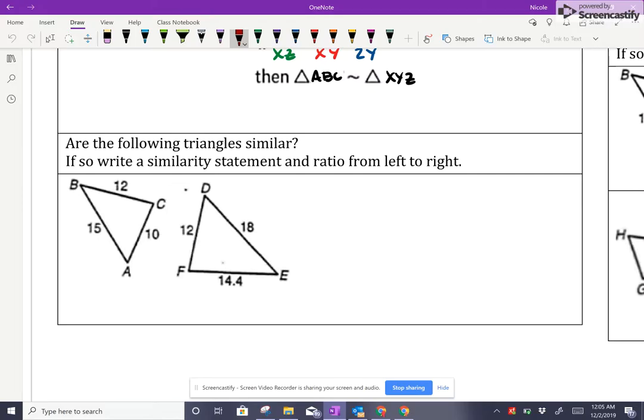D to E would possibly be similar to B to A. So we're going to say AB over DE, and that gives us 15 over 18. I'm going to simplify this just to give us a better number to look at. So when we reduce this by 3, that gives us 5 to 6. And then if we look at